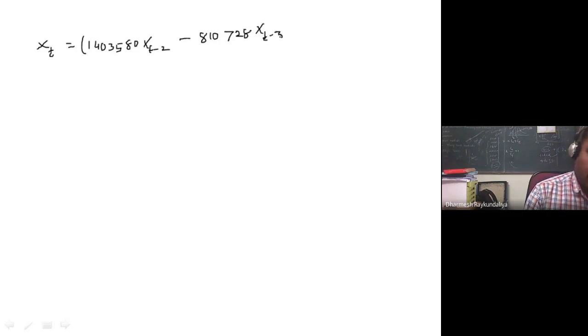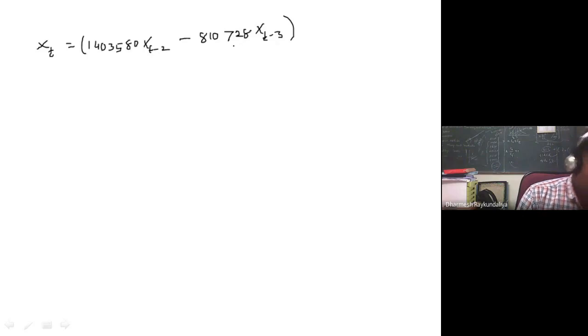called xt equal to 1403580 xt minus 2 minus 810728 xt minus 3 of order 3. That means it will go up to t minus k.